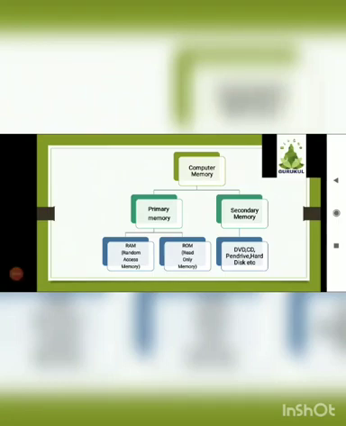Computer memory storage unit, or the memory unit. So what do you mean by memory unit? Memory means, in us human beings, the day-to-day life activities are saved or stored in our brain for future use. We remember the things that we have learned, the videos or movies that we have watched, and whatever that we have done.